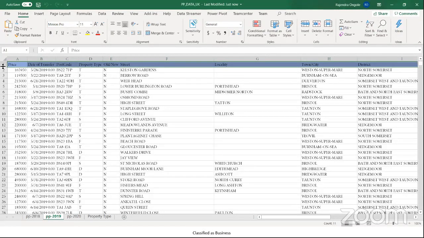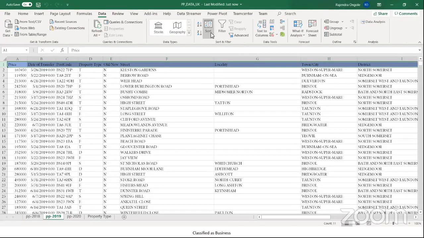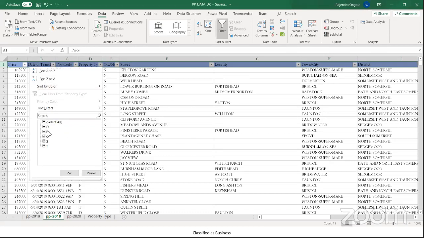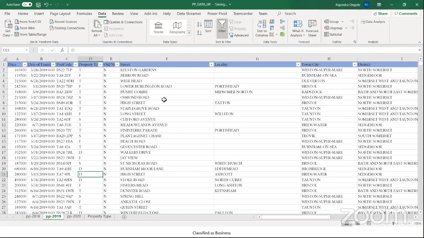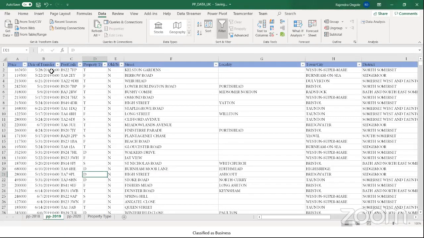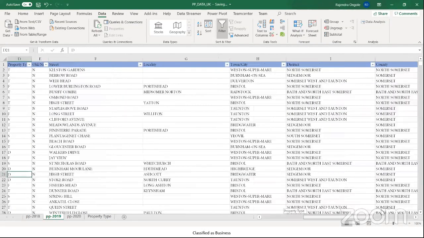Property type, if you filter it, I'm just trying to analyze the data first. So they have D, F, O, S, T: D for detached, F for flats, O for others, S for semi and T for terrace. So I am able to analyze this, and first I analyzed the data in Excel format. They are providing some prices as well, and they have only dates like this, date of transfer and postcode and all. So this is the data I have just